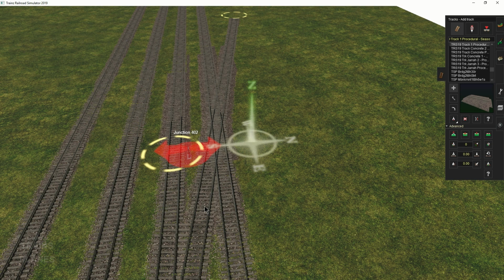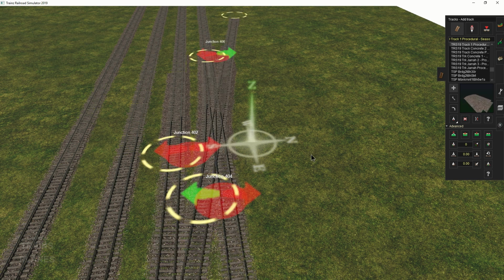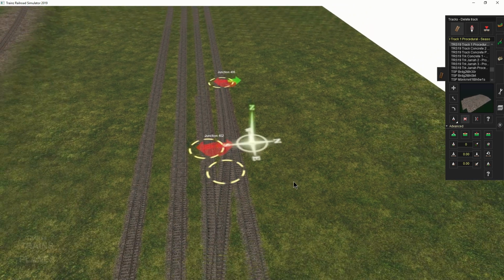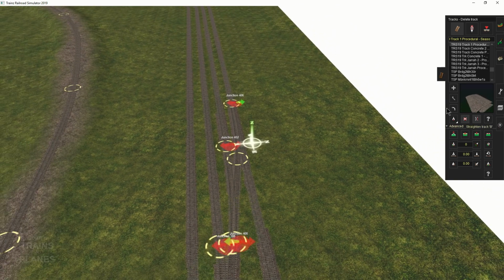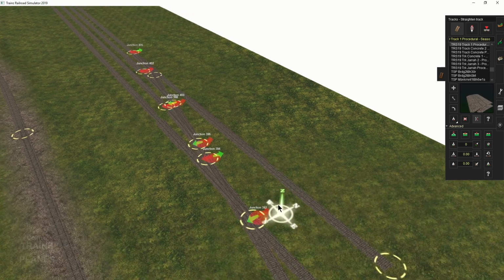And now I also need to straighten the third yard track. Okay, let's add the switch for the fourth and final track in the yard ladder. And once again, you need to straighten the track, and remove the rest of the redundant track bits, ensuring all tracks remain straight. You might notice at this point I've left the fourth track running the full length, which is